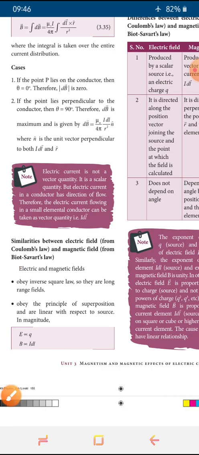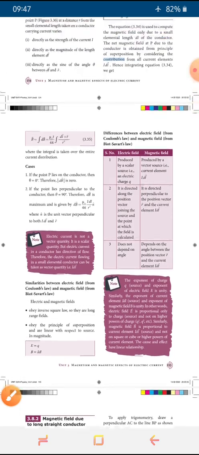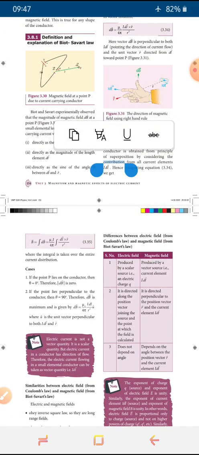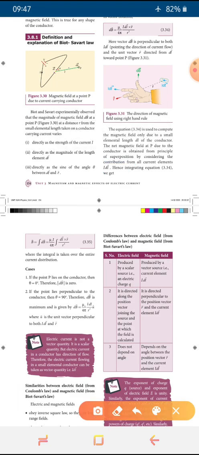Okay, and next for today's homework, you can mark the answer of definition and explanation of Biot-Savart law. Okay, so already you marked the 5 mark question up to cases before in the note. So there is no need for this figure, you have to draw this one. So understand this concept, go through this well, because this is the basis for upcoming detailed answers. So in upcoming detailed answers, this Biot-Savart law is going to be the main thing. Okay, so understand well. Then if you understand this, the upcoming classes will be easy for you. Okay, so go through the definition and explanation of Biot-Savart law thoroughly and write it in the homework part,